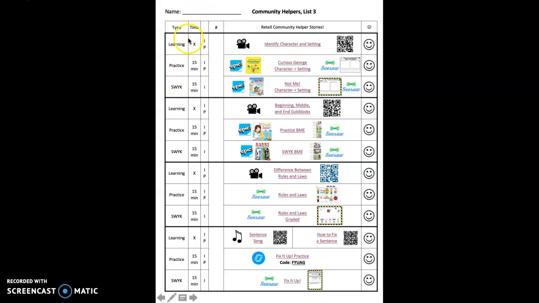Now, you also notice that there's a column that says time. This is a suggested time for each of the activities. Obviously, if your child needs a little bit more time, that's completely fine. We just like to make sure that our students are on track and not spending too much time on one